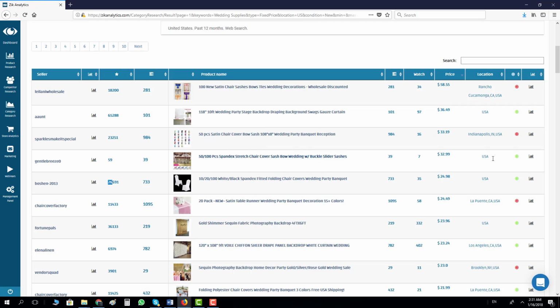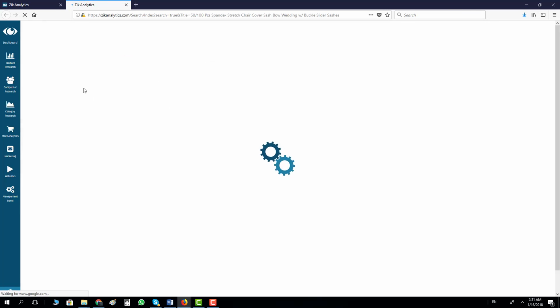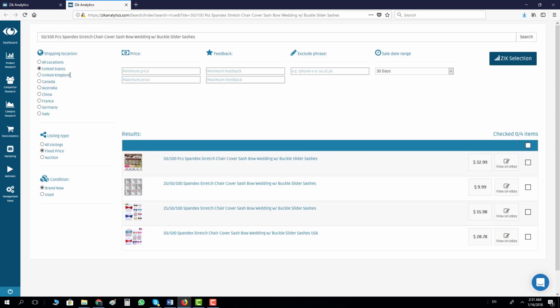What we do is we go in here, we're clicking on the scan product. It will open us automatically the product research, and we'll scan this title. We scan this title, we get very specific result. As you can see, 4 items sold with this title. There is no brand in this title. So basically, if you can find a similar item on your supplier, and use this title with little changes, you